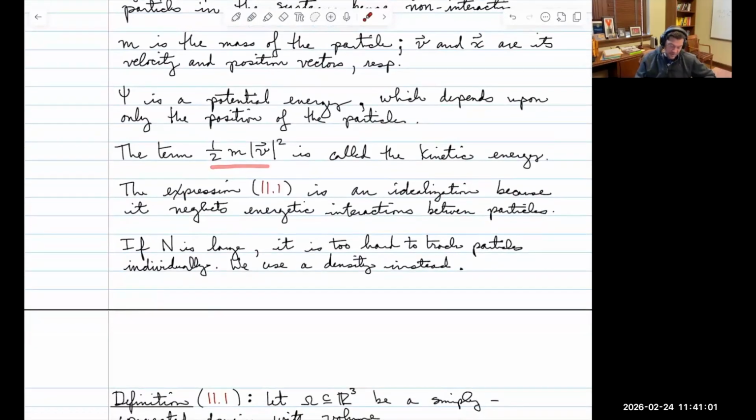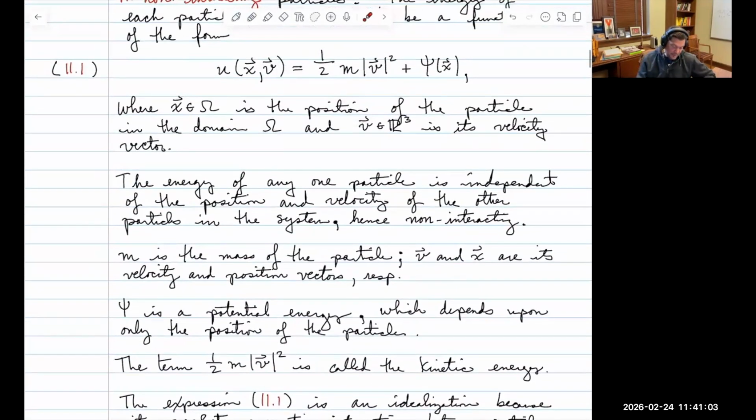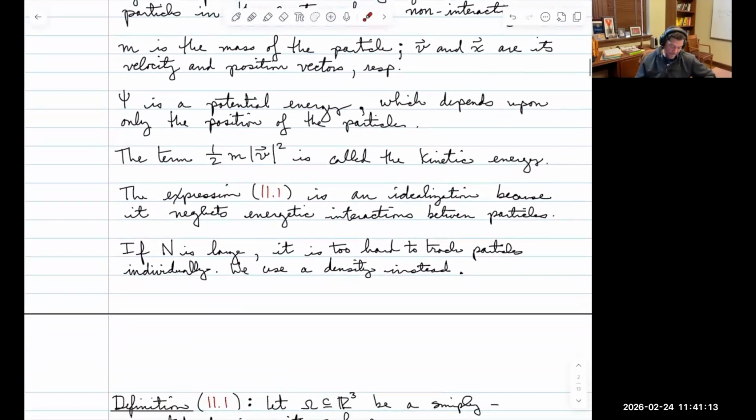This term is, of course, called the kinetic energy. So it's the usual sort of case that you say the total energy per particle is equal to the particle's kinetic energy plus its potential energy in a certain field. Now,